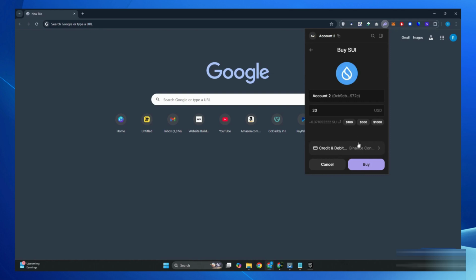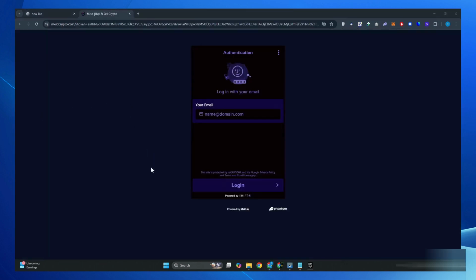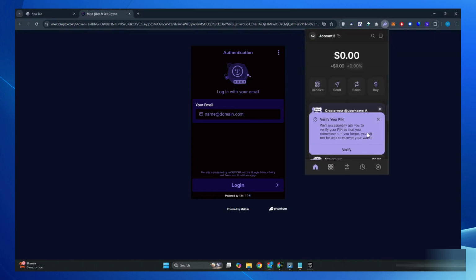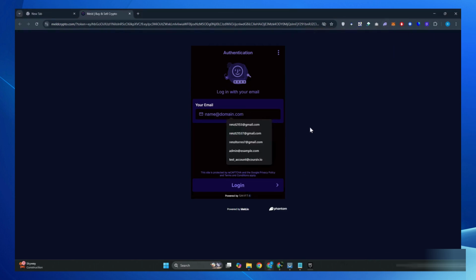From here on, you just need to fill out some details about the transaction itself. It will ask you to provide basic information, like your name, and confirm a few things. Depending on the provider that you've chosen, each platform that you'll be buying from has its own protocols. In this case, they will ask you to provide your email address, click on login, or create your account. Some platforms need you to authenticate, but typically after you authenticate yourself,